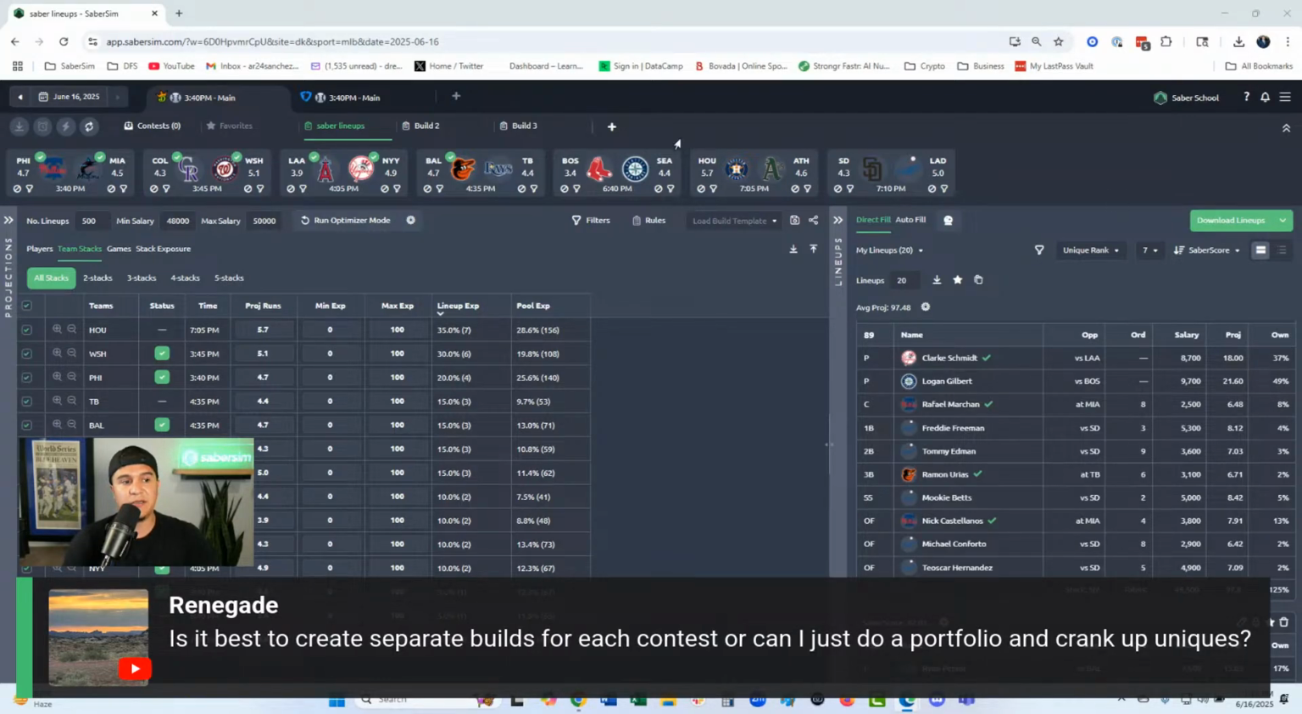The only time I would probably do separate builds is if maybe you're playing on FanDuel and you're playing the 155 cent and the 150, 25 cent, right? So if you're trying to get 300 lineups out of 500, you're kind of limited there. So it might be a good idea to do separate builds in that instance. But aside from that, even with